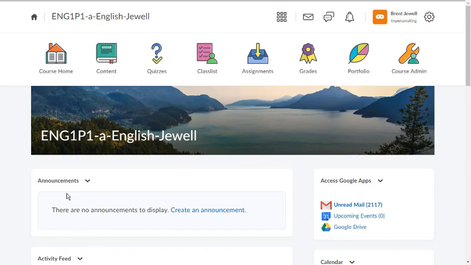Hi everyone. This video will go over how you can further customize your navigation bar. The default navigation bar for all Hastings and Prince Edward District School Board courses in Brightspace looks like this. You have a course home button, content button, quiz button, a class list, assignments, grades, portfolio, and a course admin